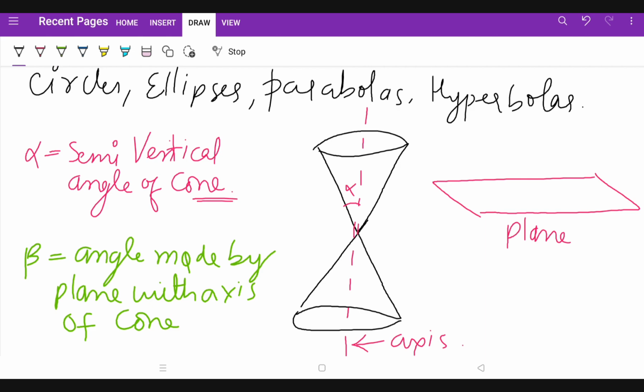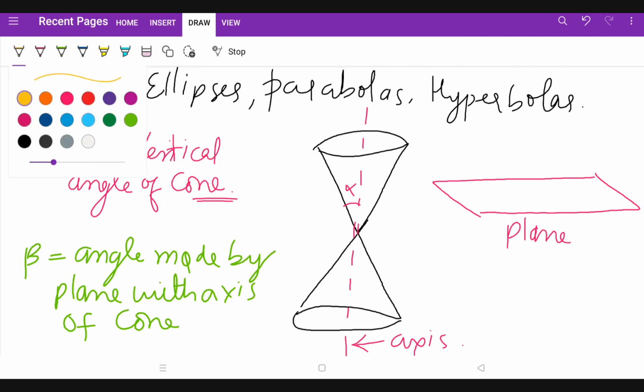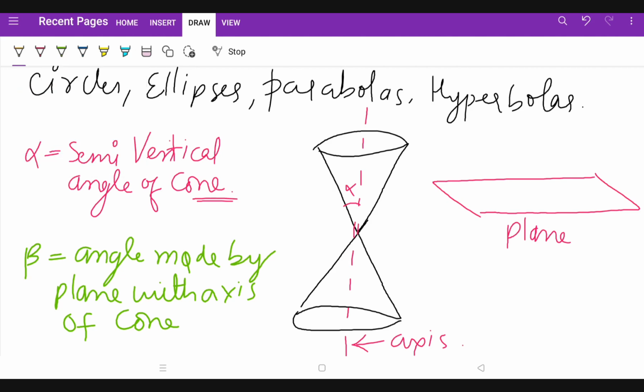Now look at this. If I take this plane and cut the upper half of this cone like this, making beta equal to 90 degrees with the axis,